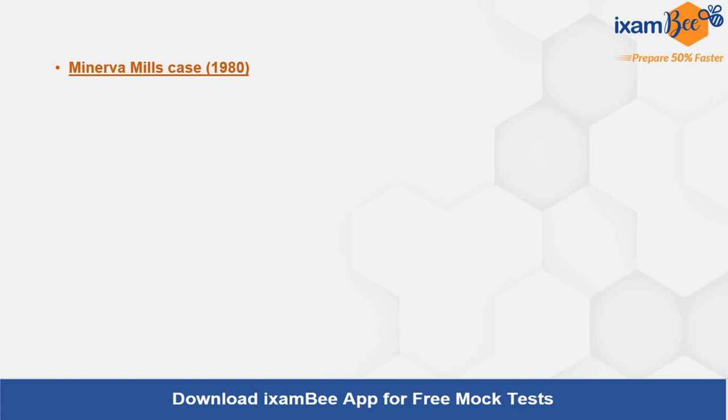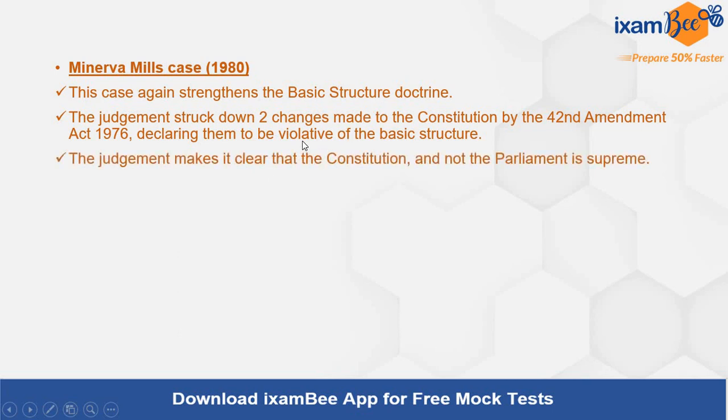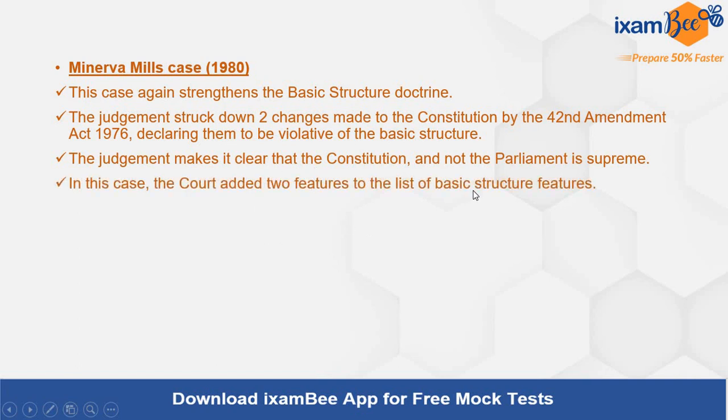Minerva Mills case 1980, ये case allied चलता है Keshwanand Bharati के बाद, क्योंकि इस case में वापस से एक attempt था Parliament की तरफ से to curtail the democracy, we can say, become more powerful. Judgment has struck down those changes also which were made by the 42nd Amendment itself. 42nd Amendment में काफ़ी सारे changes हुए, mini constitution इसलिए कहा जाता है उसे. So उसमें 2 changes किए गए. Basic structure doctrine apply करके Minerva Mills case ने उस doctrine को strengthen कर लिया है and this makes it clear that constitution is supreme and not the Parliament.